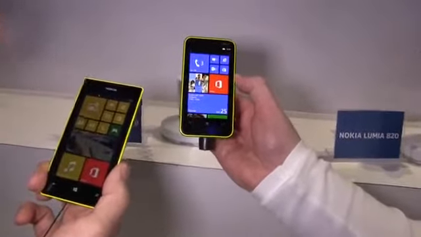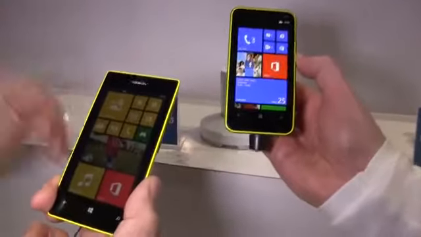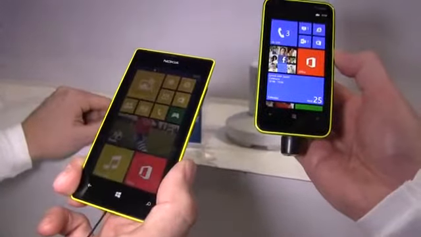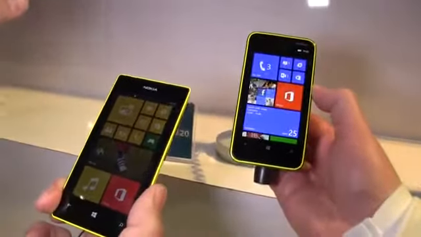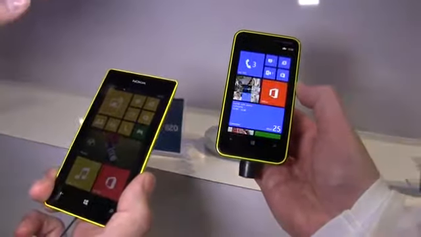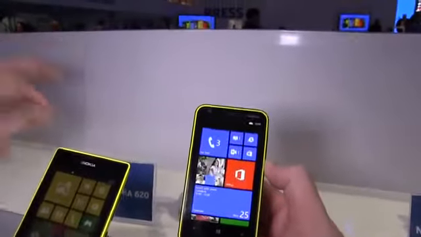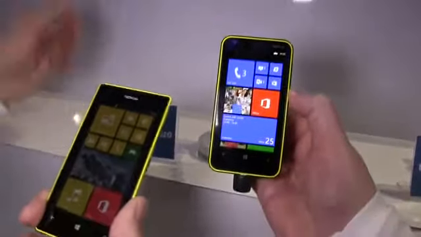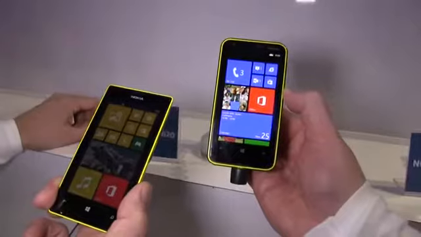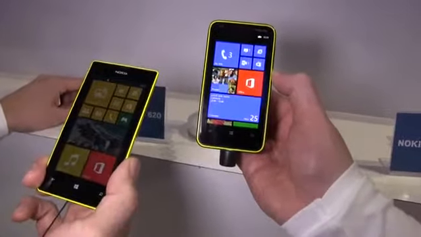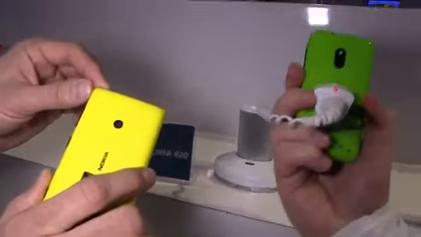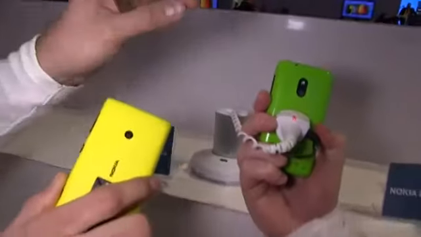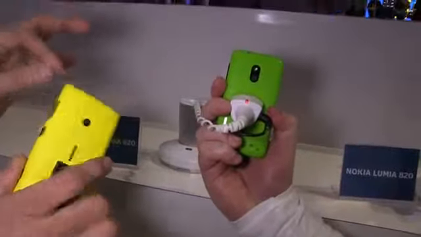Then of course the Nokia Lumia 520 is a little bit more affordable device than the 620, and therefore, for example, the front camera has been left out from the 520, and the 620 has a front camera. Okay, then how about the back cameras? Are they similar? The back camera is similar in terms of megapixels, so 5 megapixel autofocus, but the 620 has flash and the 520 doesn't have flash.